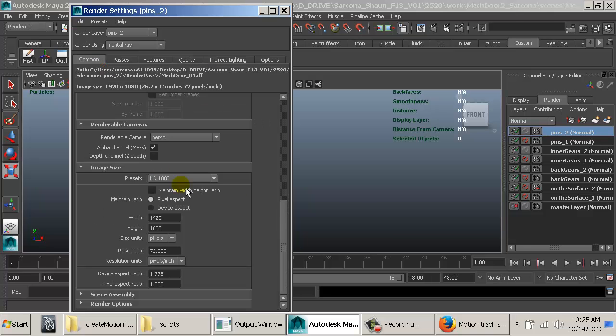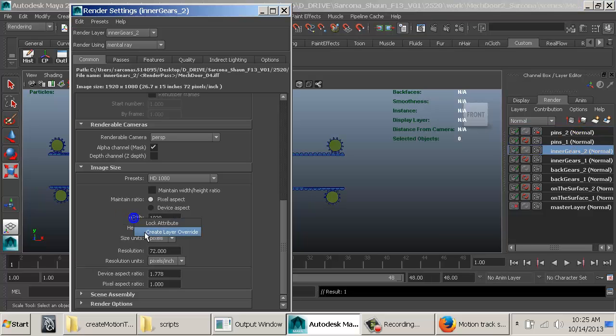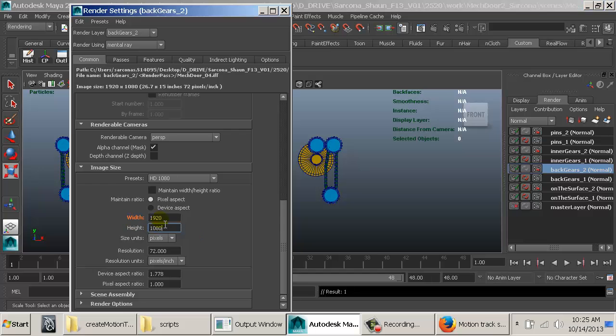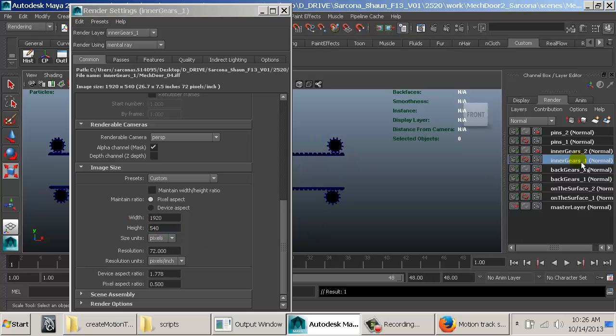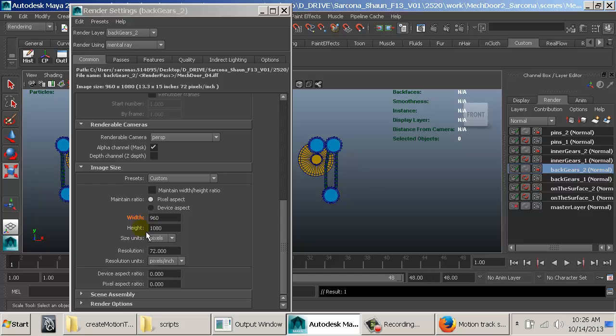I also need to make sure I go into my common area and do a layer override on all of these size ones. So all the 2s should be at 960 by 540, all the 1s at 1920 by 1080. So right click, override. You can tell they're overridden because they're orange. Oops. And see, I changed this one to 540 here, but I didn't make it orange. So if I go back to Gears 1, you can see that that one has now been messed up. Let's set that back to 1080, and then make the override